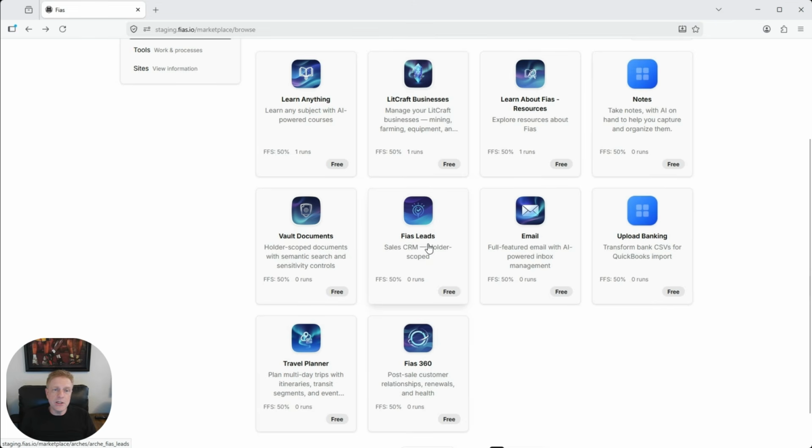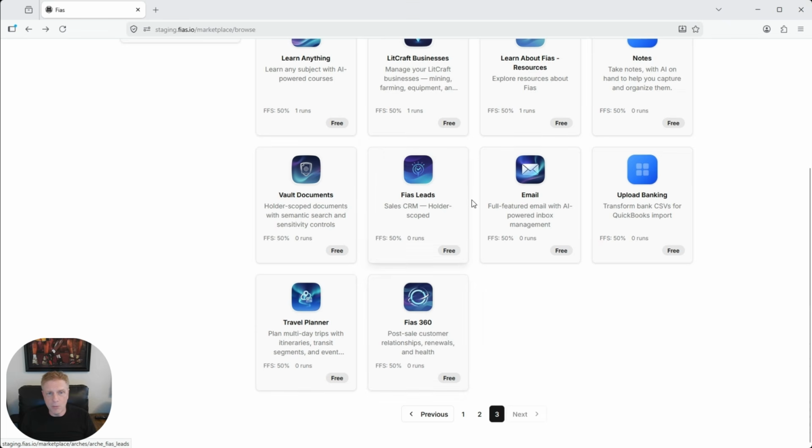I'm doing a separate presentation from this that shows some of these business applications that we just made. We made the leads application, this Fias 360, our document signing arch, and we did a QuickBooks arch. You don't see it here because it's a plugin that hasn't been published yet, but we did all 4 of those arches per a customer review in 5 days and built professional, enterprise-level arches in that time frame because we've got all the infrastructure to implement it. You'll see more details of those arches in a different presentation.